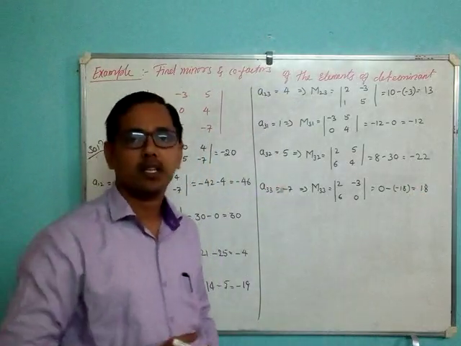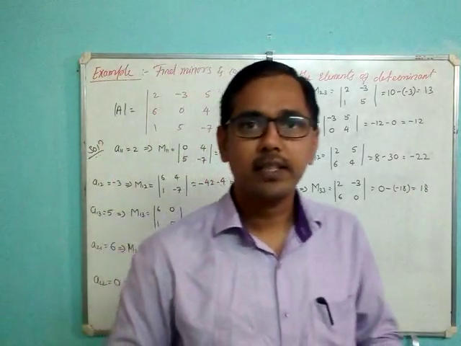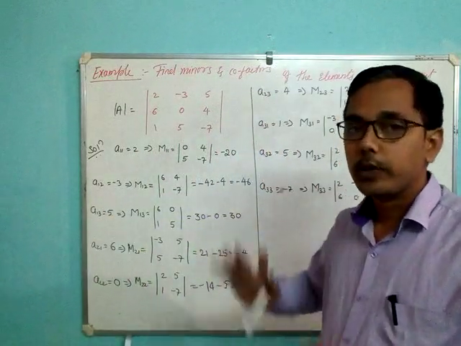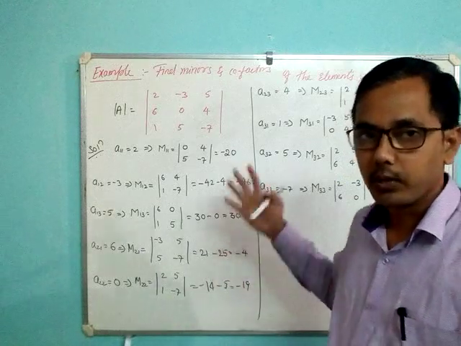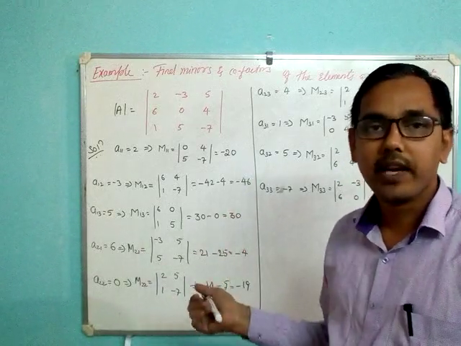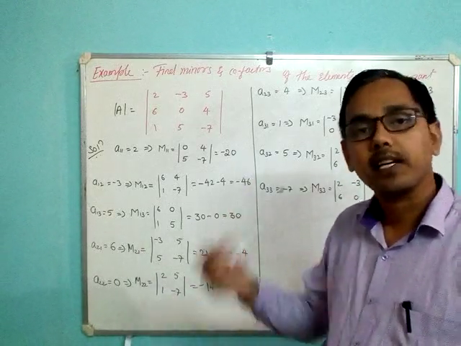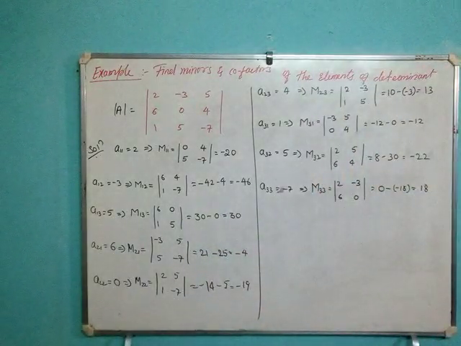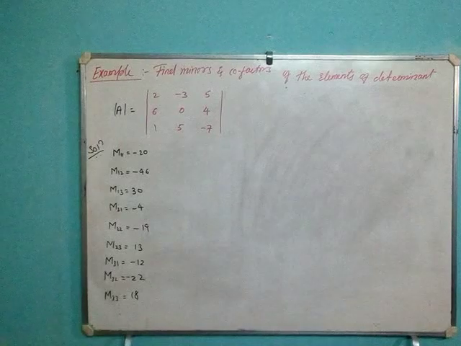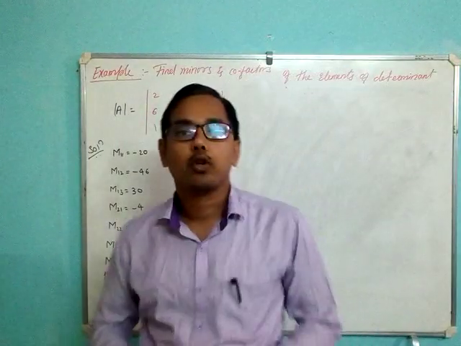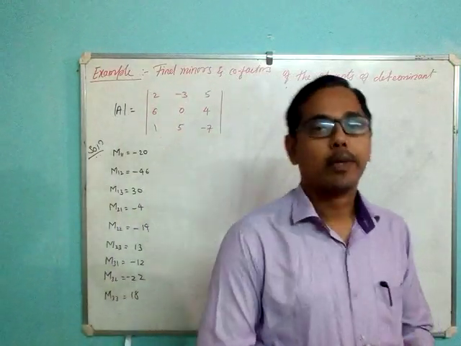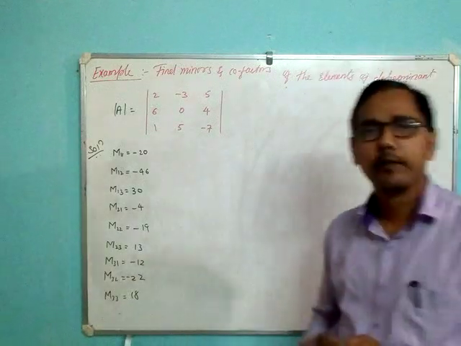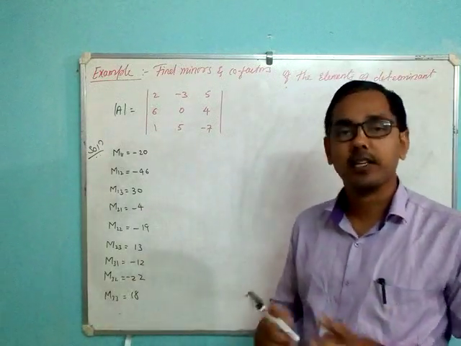So this was how we have to calculate the minors. Now what you need to do is pause the video and take down these minors. Once you copy down the minors, we'll continue with the cofactors. So friends, that was the process by which we calculated the minors. I have explained them very deliberately. You can refer to the video slowly, you will understand the things.